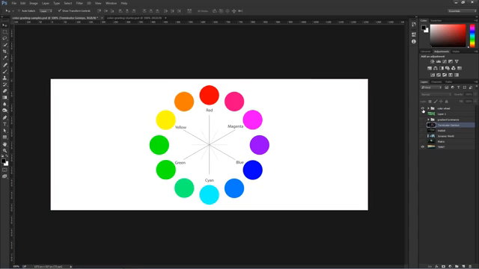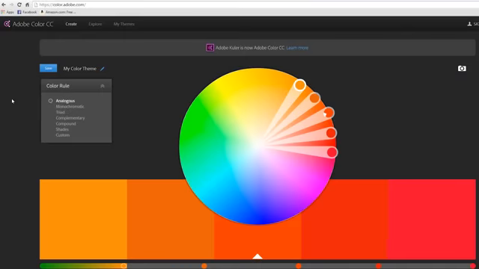This is the reason why we had the color wheel earlier. The yellows, oranges, reds, and magentas are usually where you find the skin colors, and the opposite of that are the greens, teals, cyans, and blues. If you don't have a color wheel, I'm going to show you a little trick. You can go into